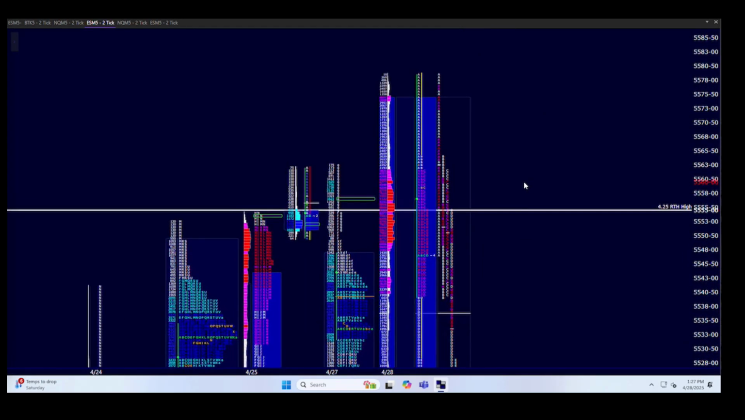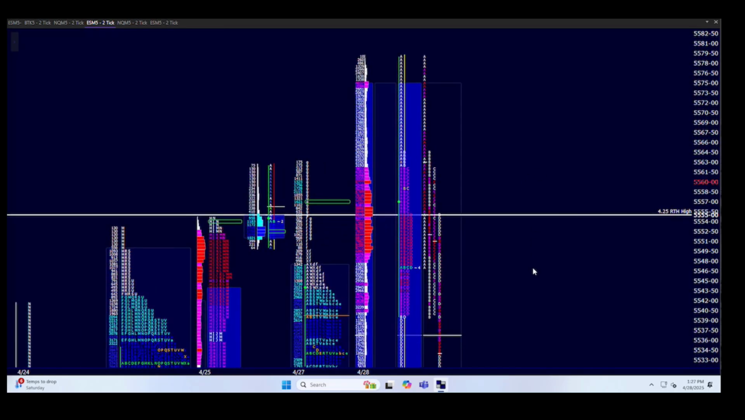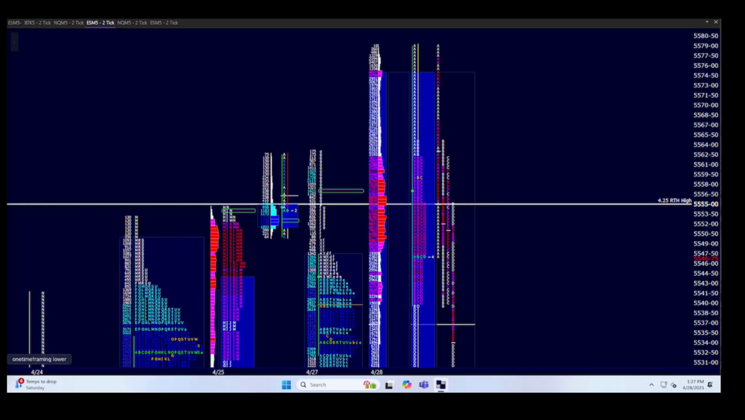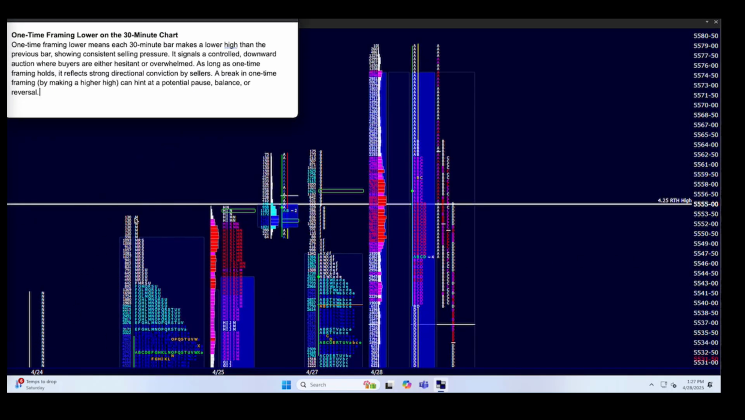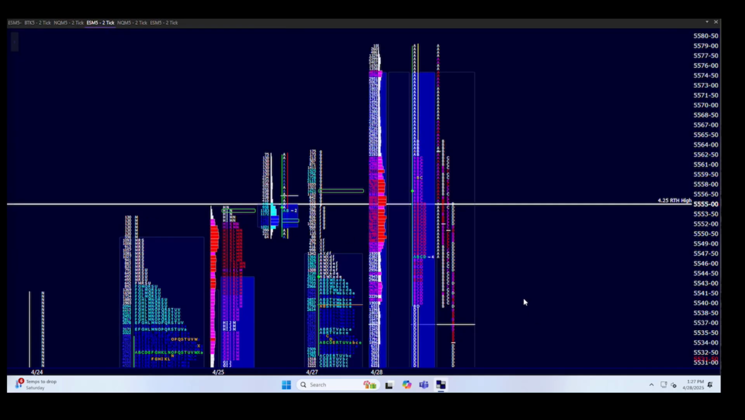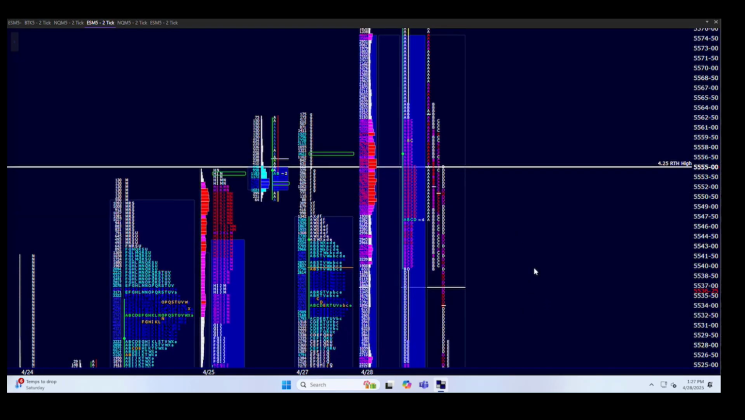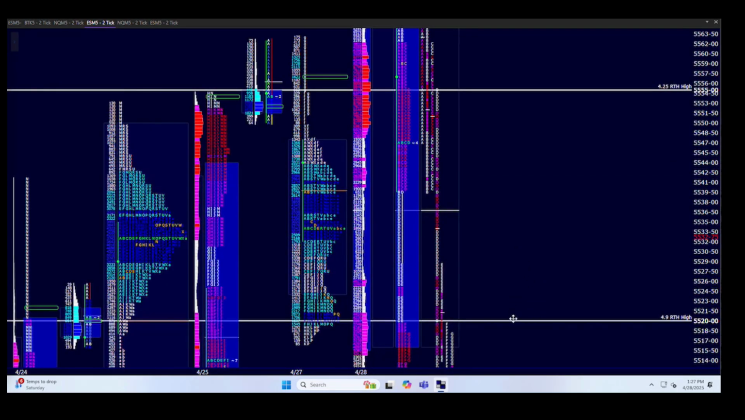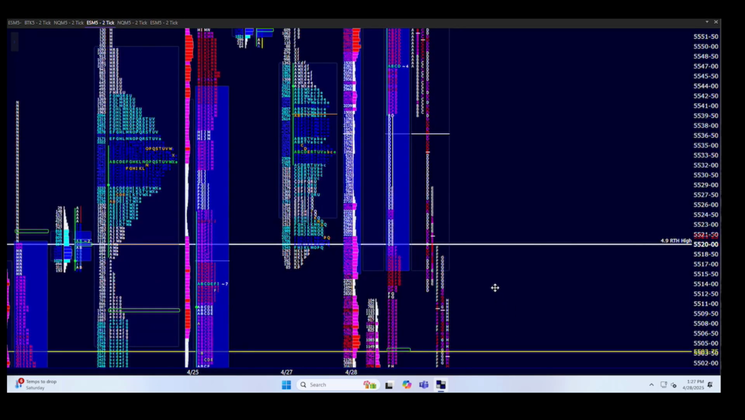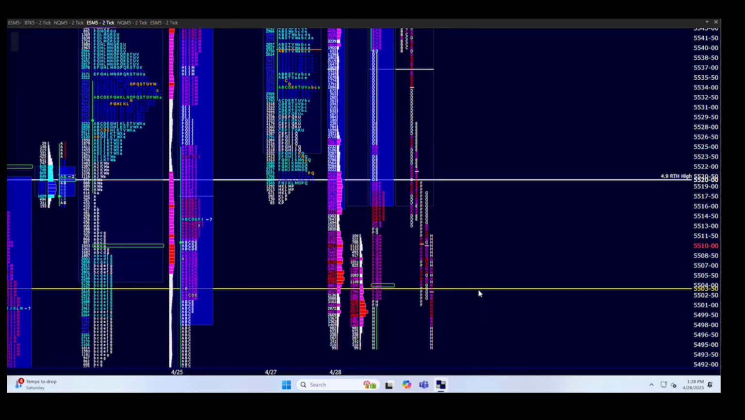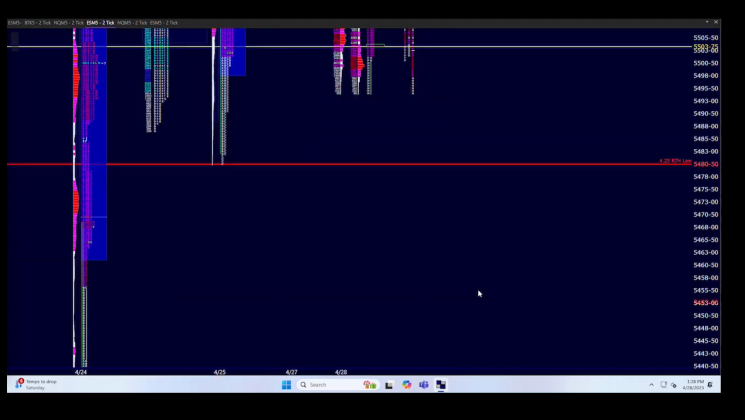In this case we're looking at the profile, but even if you were looking at a candlestick chart on a 30-minute time frame, you would see that we've been one time framing lower, which means we just haven't been making higher highs every 30 minutes. The present candle, in the present 30-minute period, which is an H period right now, has maintained that trend all day. In about 3 minutes, we're going to head into I period. And what's interesting about a day where you one time frame